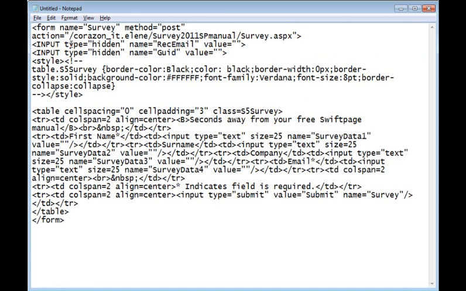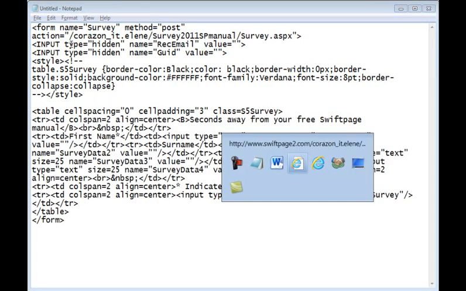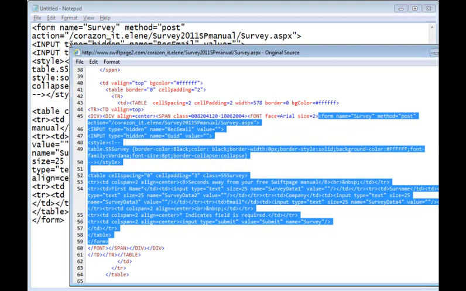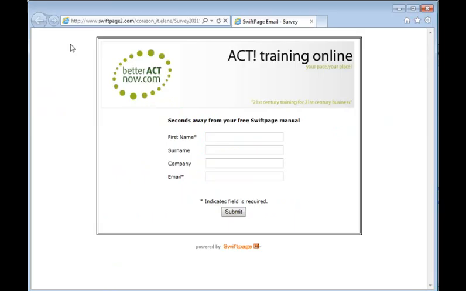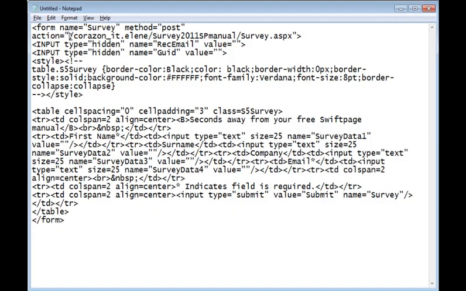If you're not sure what it is, come straight back to where the form is, and you can see there, I just come over, you can see it's http://www.swiftpage2.com. So make sure you've copied that. I've already got that on the clipboard, so I'm coming back to Notepad and I'm going to paste that pathway in there. That's all perfect now. You're going to highlight all of the code and copy it and get ready to paste it onto your website